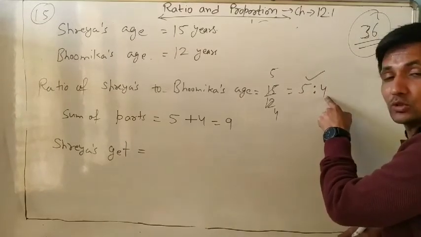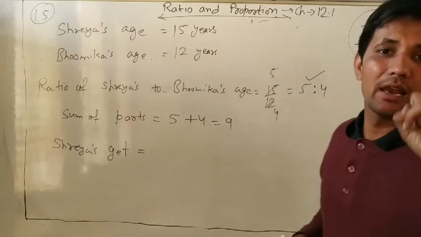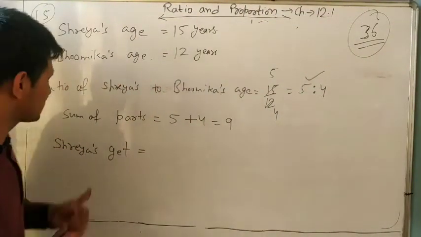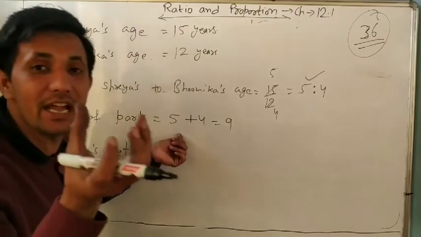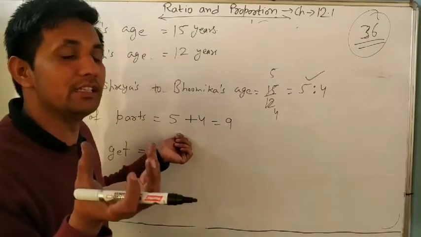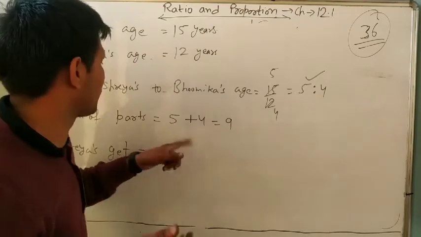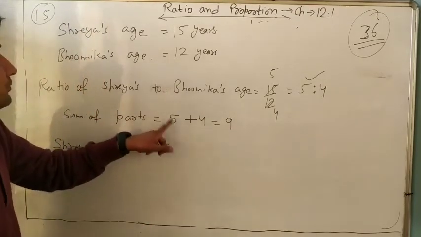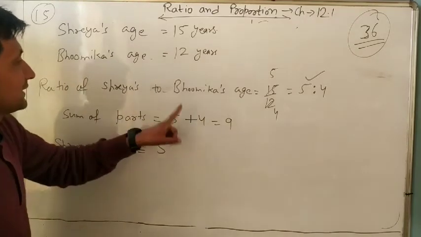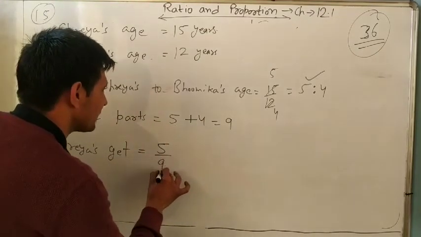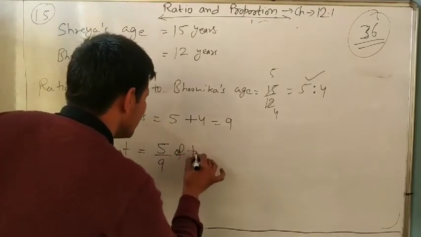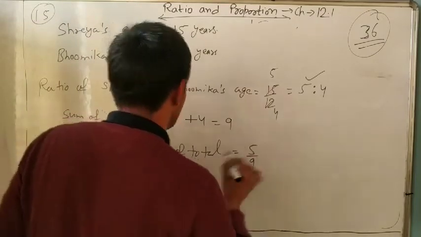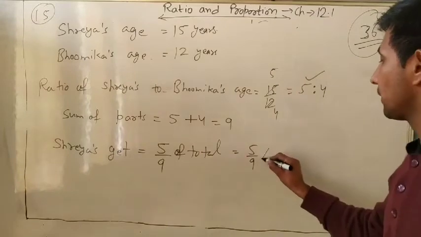If the ratio is less, she will get less rupees. So what does Shreya get? It is the ratio of their ages. What is the ratio of Shreya's age? 5 by 9 of the total. So 5 upon 9 of the total rupees,